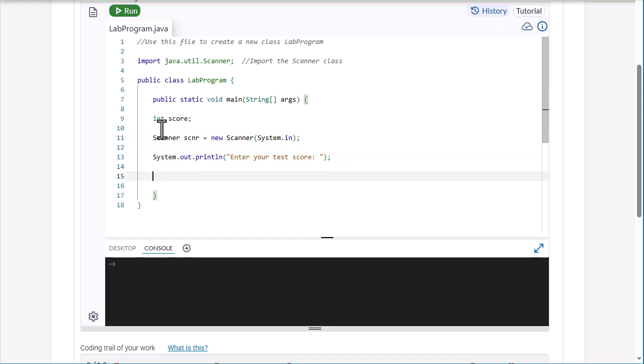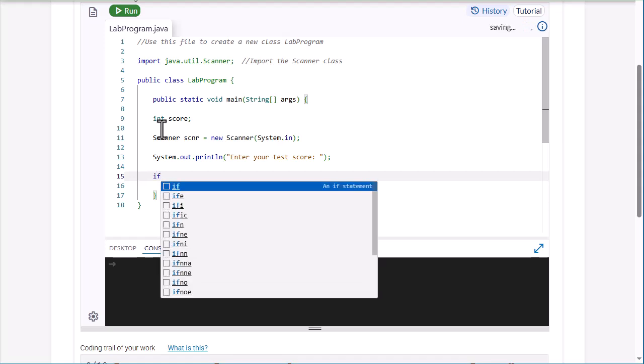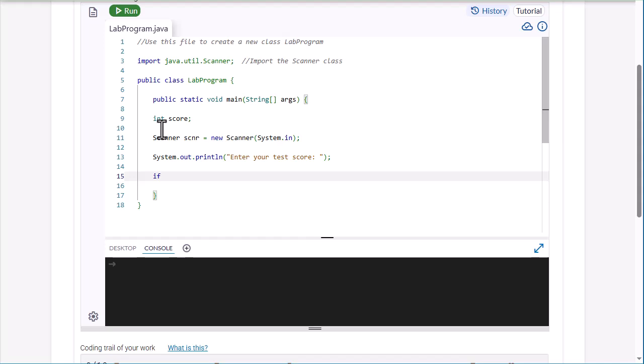Let's start with an equality test. If, we'll start with an if statement. So the if statement is followed by a condition, and you wrap the condition in parentheses like such. And let's say if score equals, notice the two equal signs, 100,